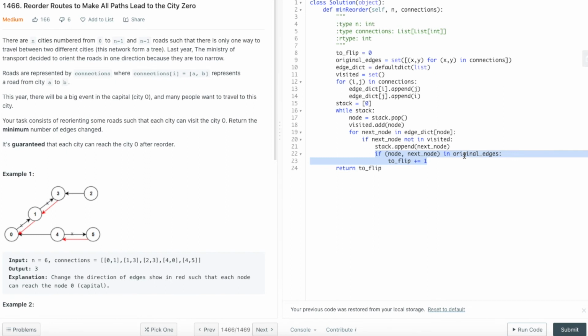So for example, say we are going to explore from 0 to 1. This is provided in the original edges, and we know that this direction is incorrect, which is why we increment toFlip to 1. So if I run the code,